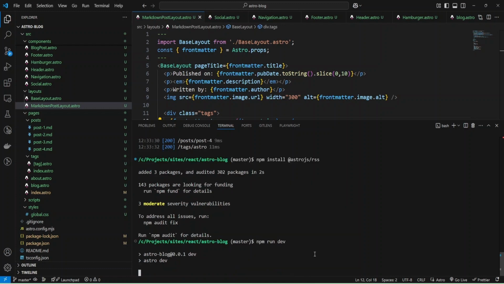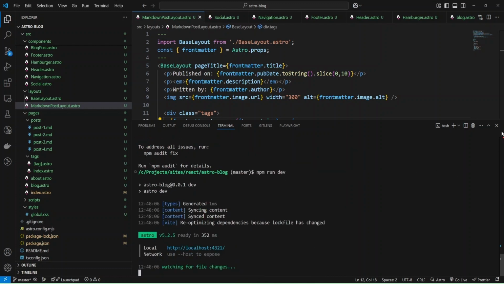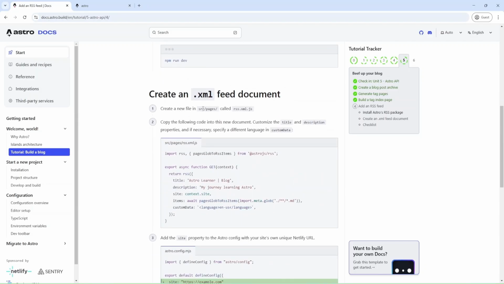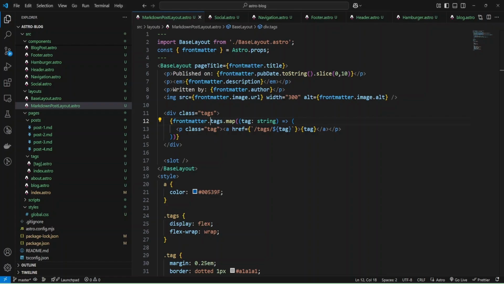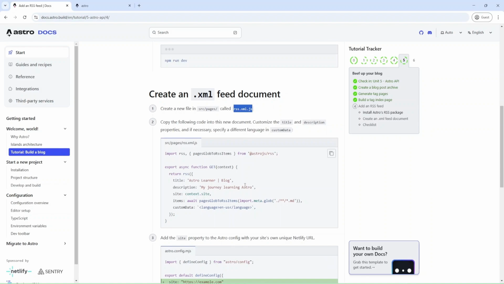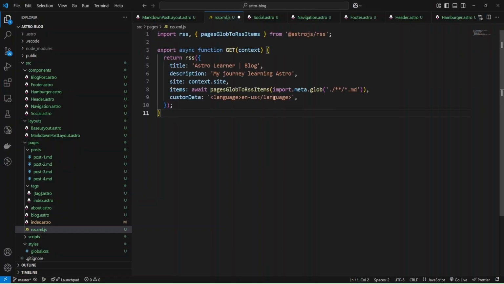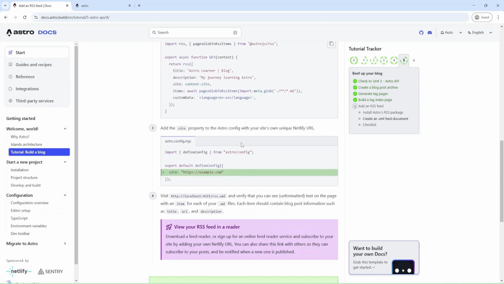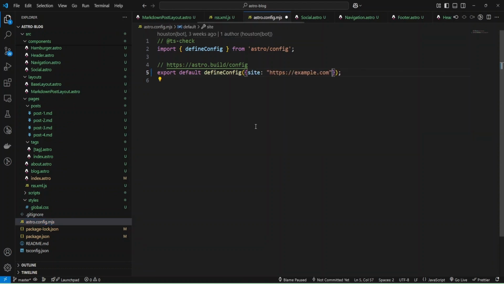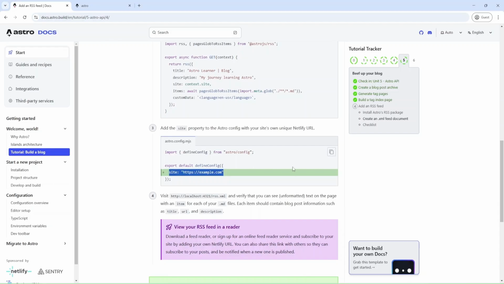Okay, and I can hide this terminal, and inside pages I'll create RSS XML file, and we'll add file, and we'll just copy and paste the code. Okay, and let's change config, Astro config. Okay, and we'll add this line for testing.